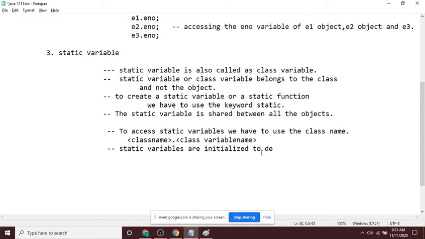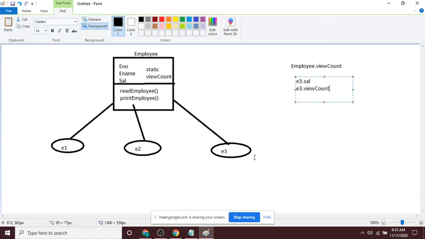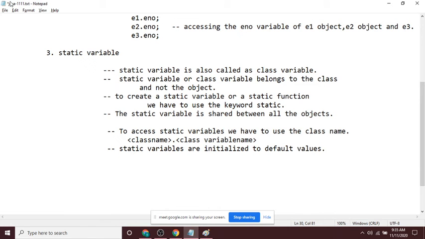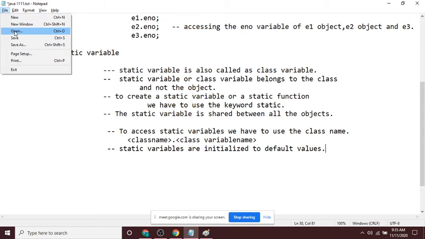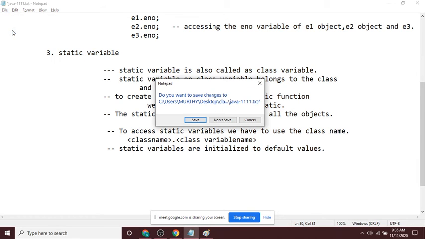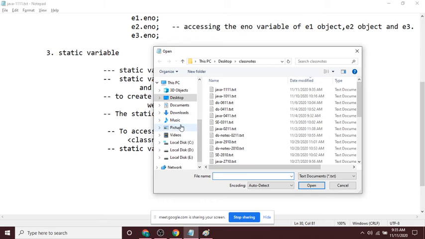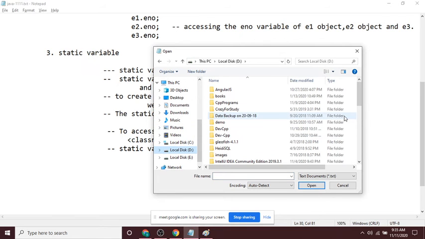So what is the default value of integer? It's 0. Okay, default values. In the same way for other variables also. Okay, now let me D drive.